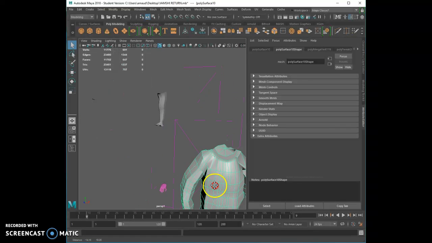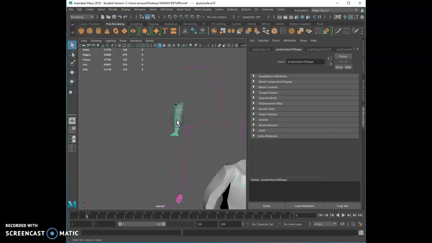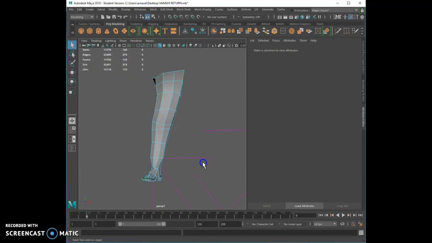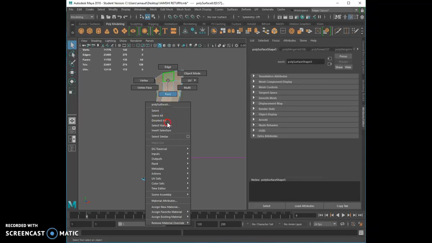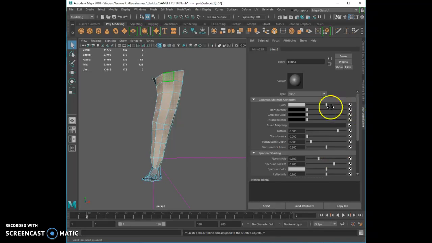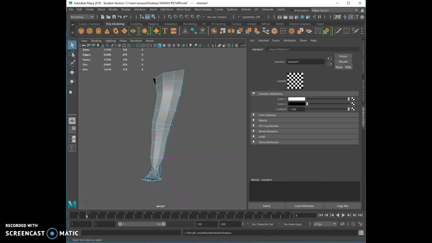There's a leg right here. So let's select that leg right here. And what you do is, let's say you do only the leg itself. So you right click, you say faces, you select those faces right there. And then you right click, you give it a new material, boolean, and in the boolean color you select shaker,